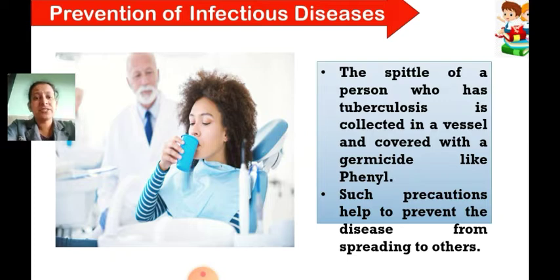For example, first of all, they should be quarantined. Second, their clothes should be washed with germicides. And third, if they want to spit, their spittle should be collected in a vessel, and germicide should be added to this vessel, so that in the spittoon, when the spittle is collected, it will be killed by the germicide. Germicides are the chemicals which are used to kill the germs, so they are called germicides. Fine. So now let's proceed further